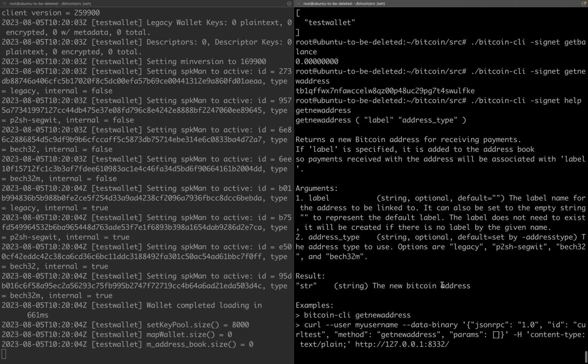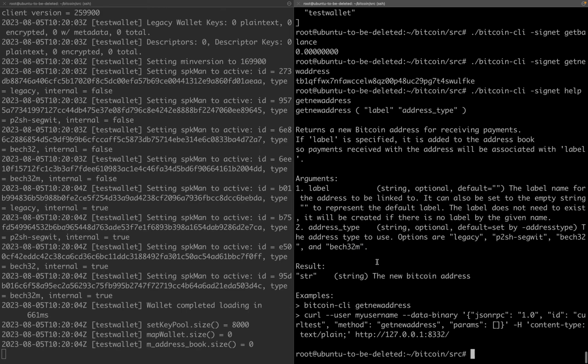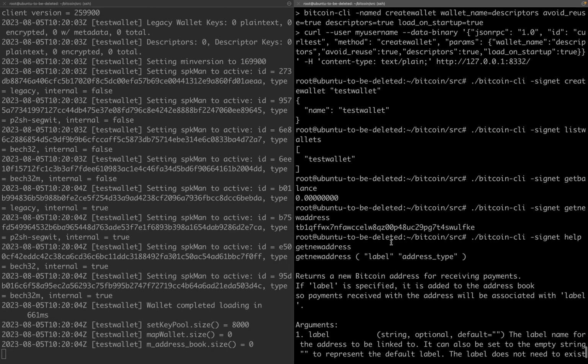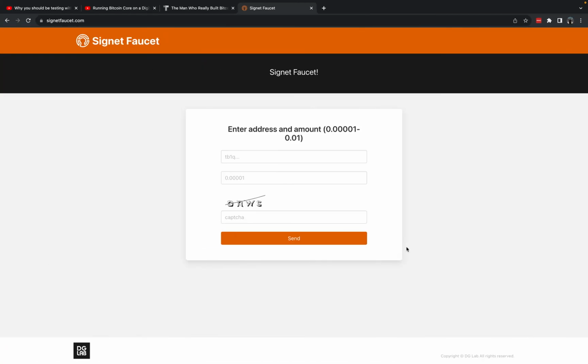If we wanted a taproot address, then we would use the Bech32m option. But for now, a SegWit version 0 address is fine. We'll copy and paste that address into the Signet faucet. So we've copied that, paste that into the faucet, and then